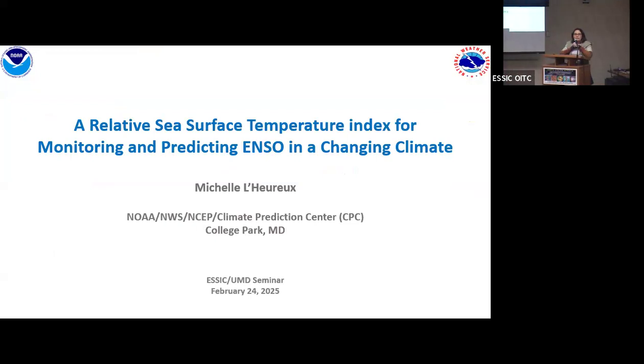As the lead of the team that does El Niño monitoring and predictions, I'm often asked the question, why do you use an index for this very multifaceted, complex system? And the response to that simply is that we have this user requirement, and users are driven towards simplicity. They want very clear thresholds in an index that's simple to calculate, and they want to be able to trust it. And part of trusting it is being able to understand how it works.